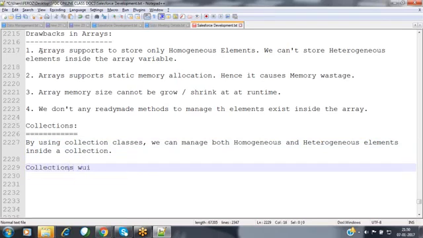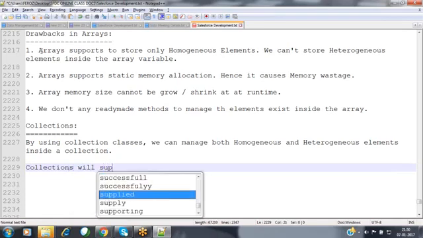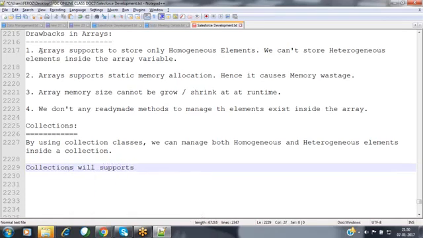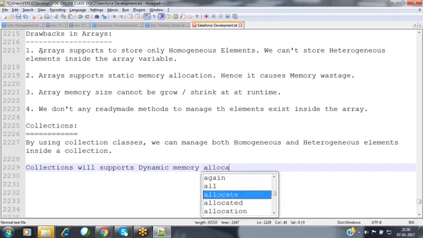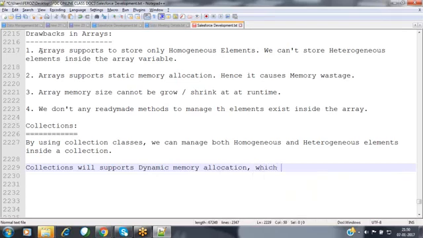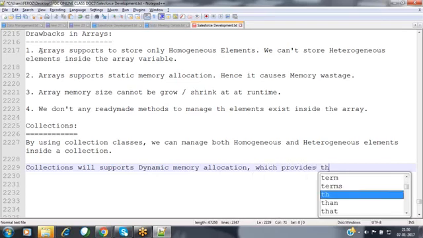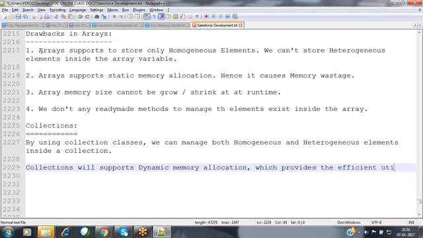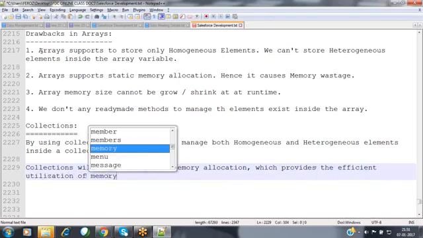And collections will support dynamic memory allocation, which provides efficient utilization of memory.